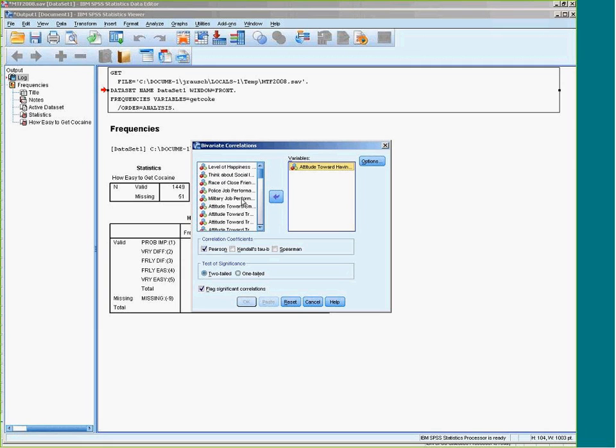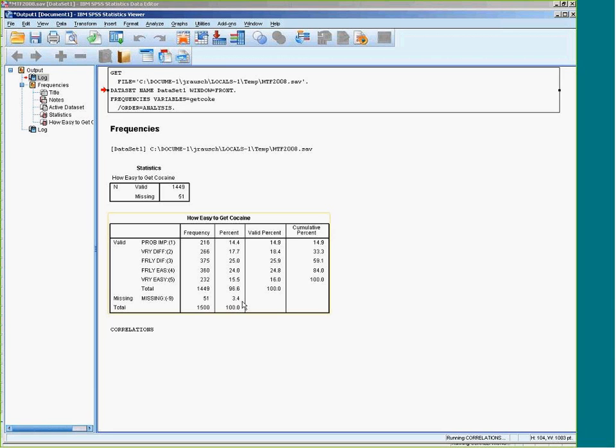This is just a little test thing. But let's say I wanted to take these variables here, and if you press the Shift key down, it'll highlight everything in between the 2 points, and you can move all those variables now over into the holding cell. If I do a correlation,